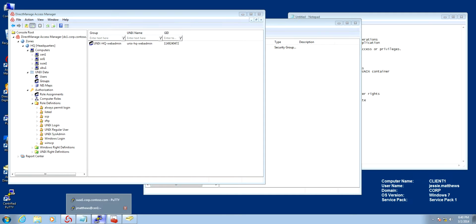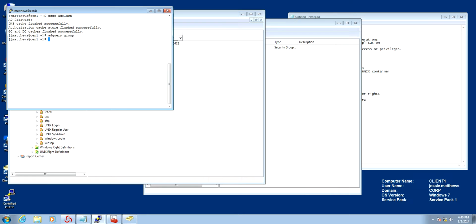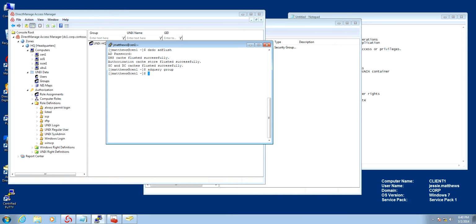Let's verify this on a Unix platform. So I'm here in my CentOS machine, which happens to be a database system. If I do an adquery user, I should only see Jesse plus Jeremy and Raymond. They are the DBAs. So if I do an adquery group, I will see nothing because the cache flush interval hasn't gone through. As you probably know, I need to do an adflush. And if I do now an adquery,